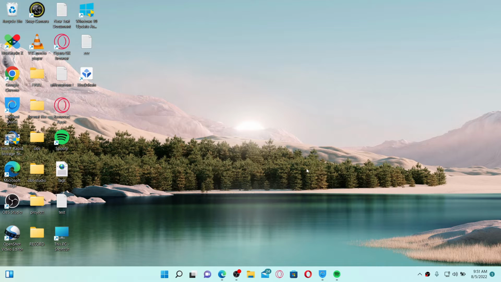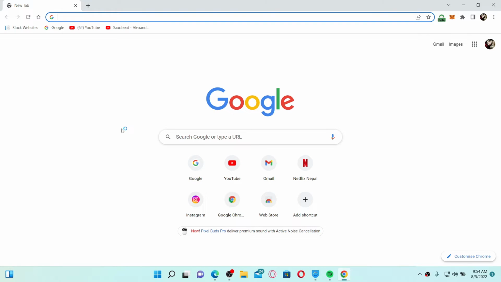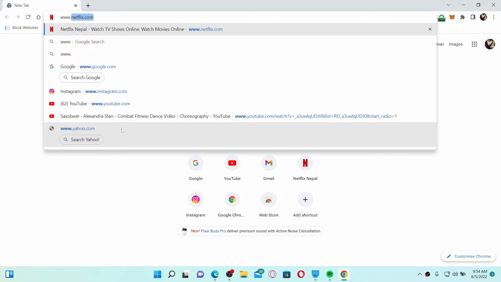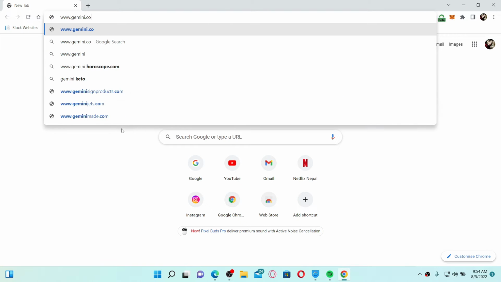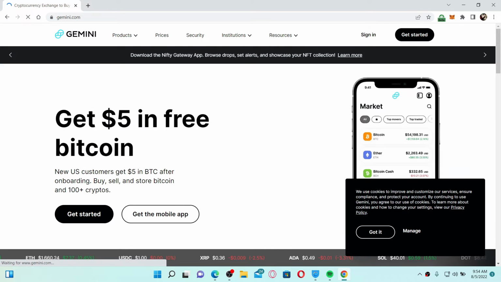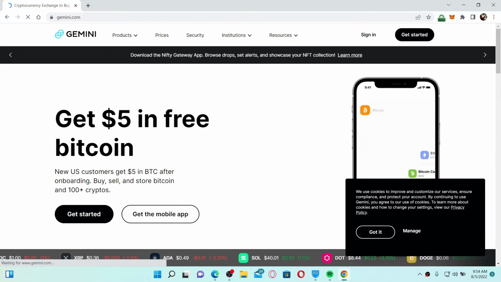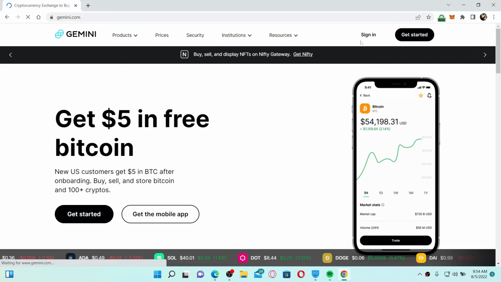To log into your Gemini wallet, first open up a web browser. Once you open up your web browser, go to the URL box at the top and type in www.gemini.com and press enter on your keyboard. From the official website of Gemini wallet, which looks like this, go to the upper right and click on the